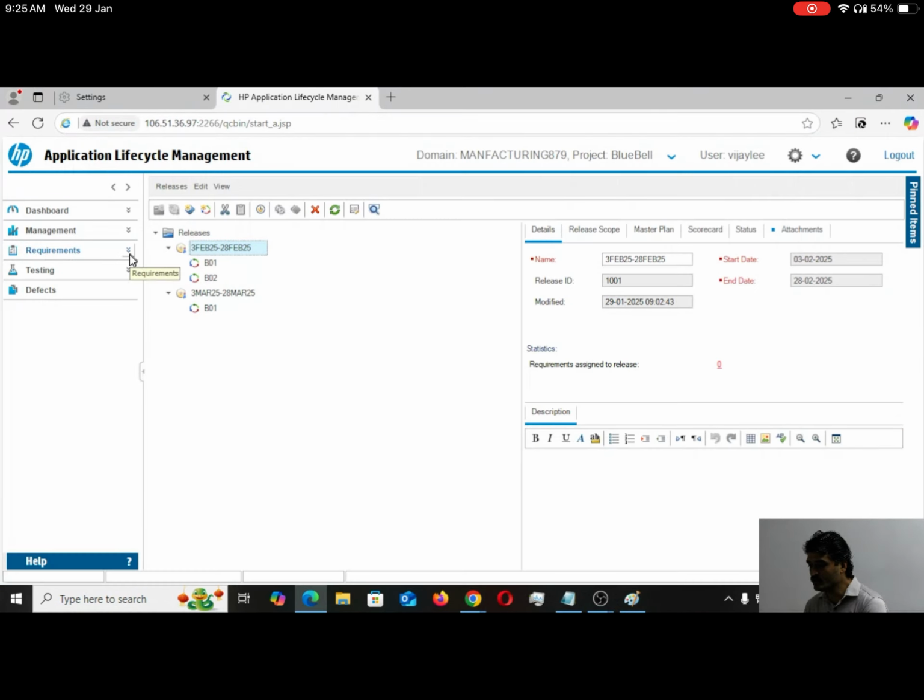Yes. So I'll go to requirements module. In requirements module, there is an option called